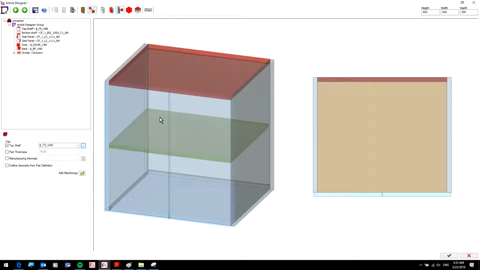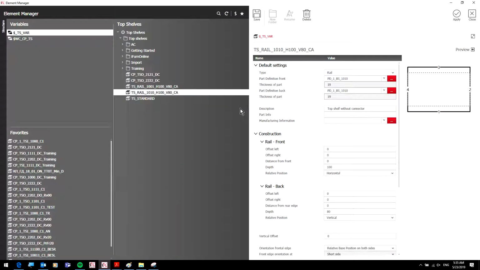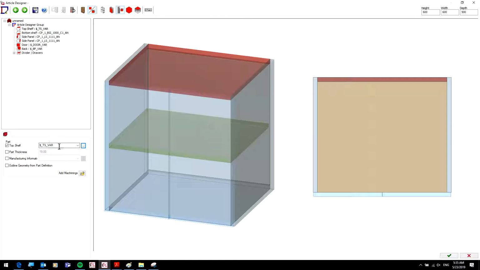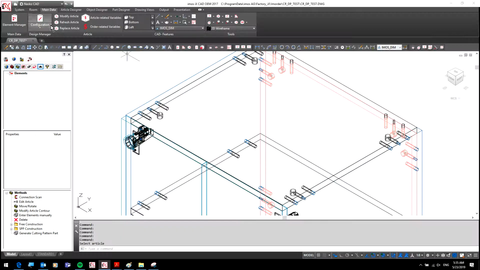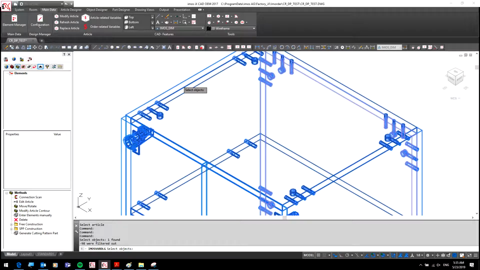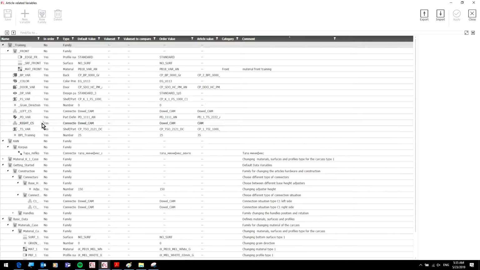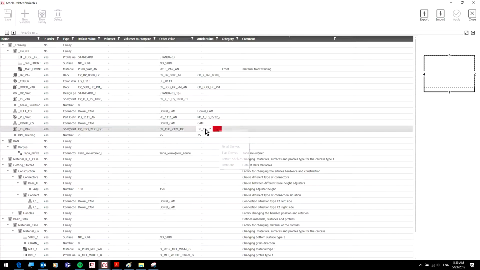I go here and I say, okay, I can pick it like this, or I can pick it with, because we have variable here, right? Okay, so we click it here, article related variables, and then we use this and we say top shelf,